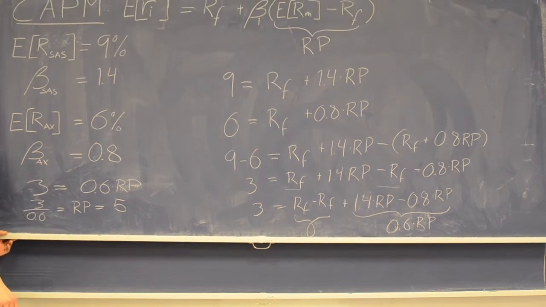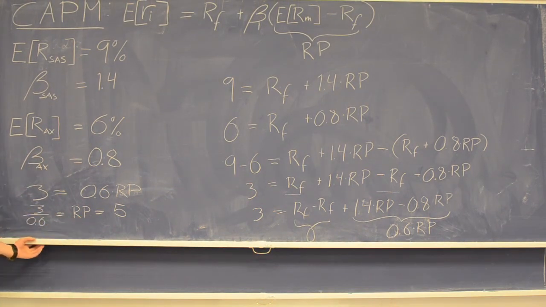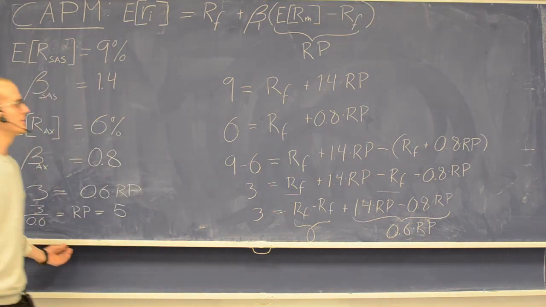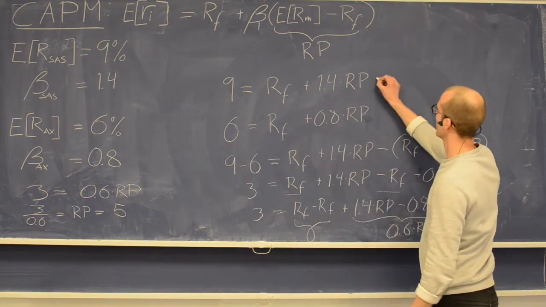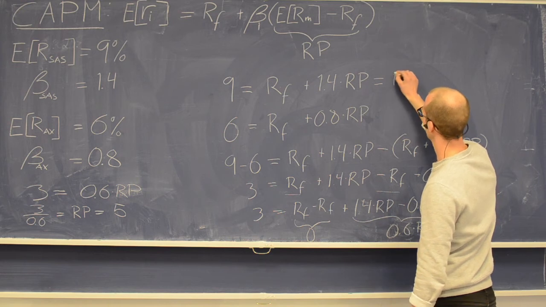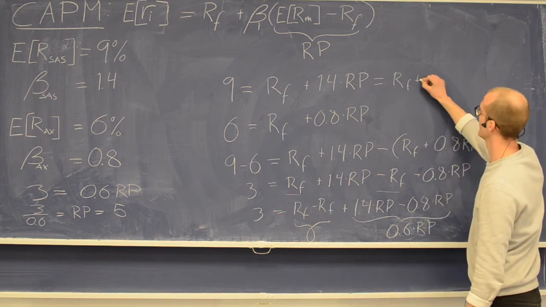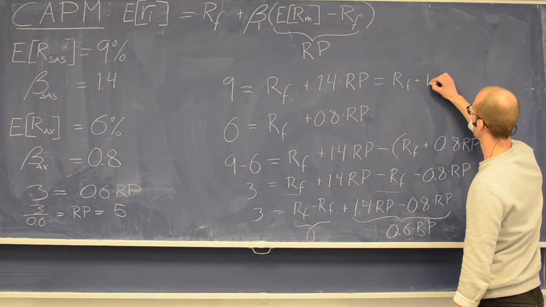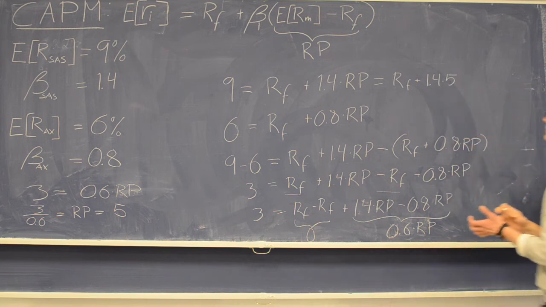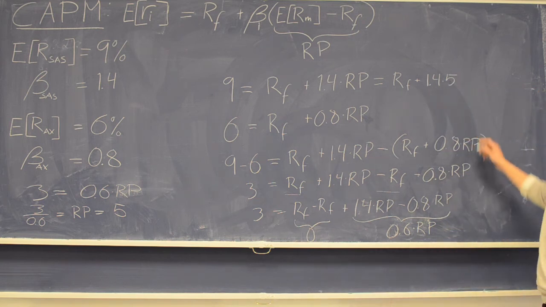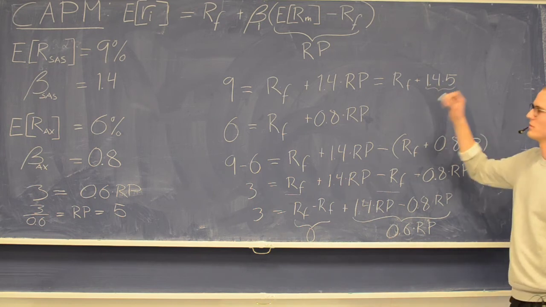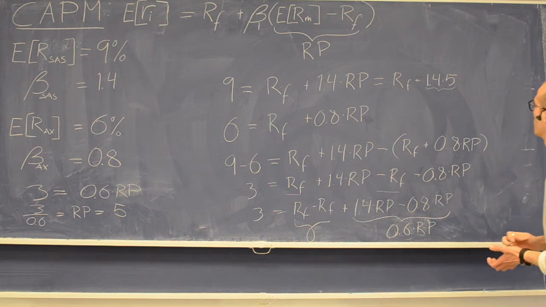Now we can insert this risk premium in the first equation, the one over here. And if we do that, we have that 9 is equal to RF plus 1.4 times 5, which is the risk premium that we have found. If we now calculate this and move it over to the other side, we have that